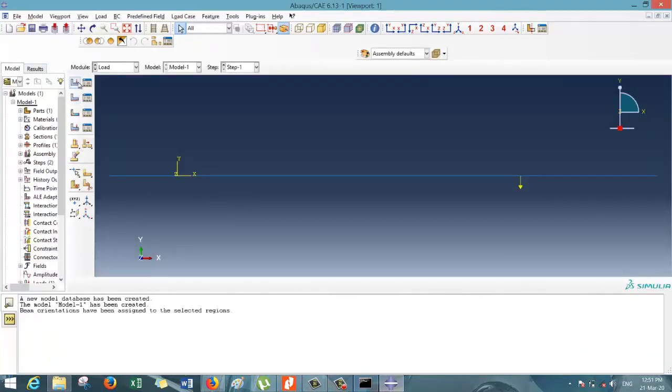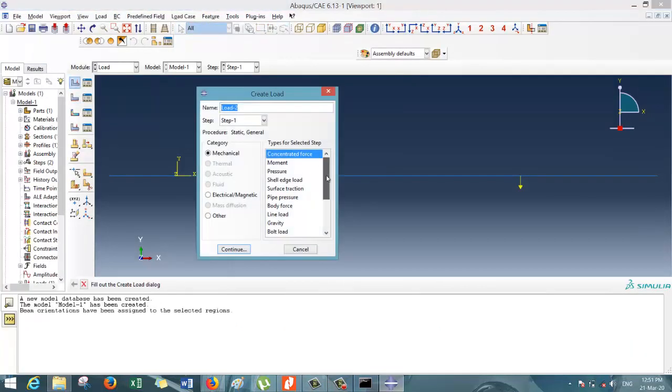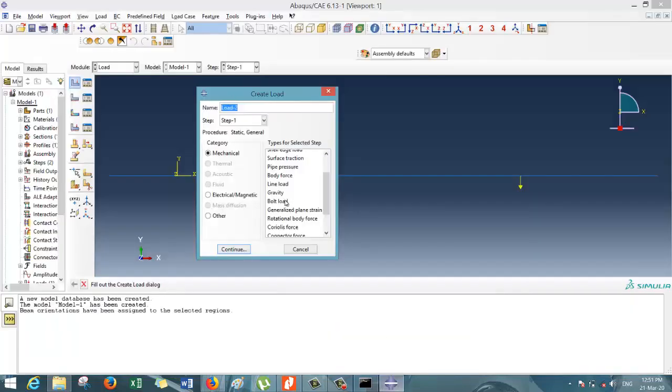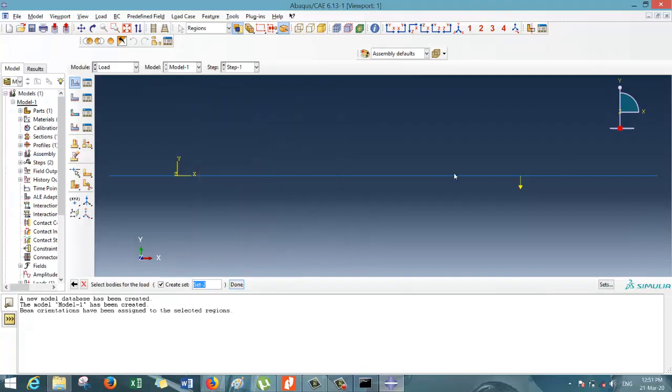So now click on create load. In that you have got line load. You can see that this is 120,000 newton per meter. Okay, so it is actually a line load. Then click on line load, click on continue. So you have to select these two sections.